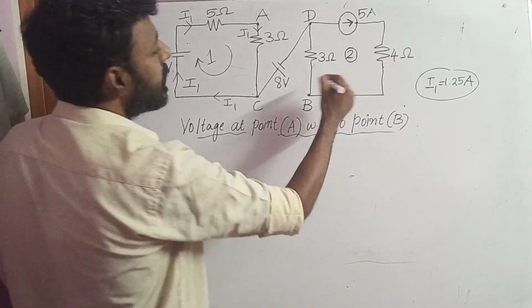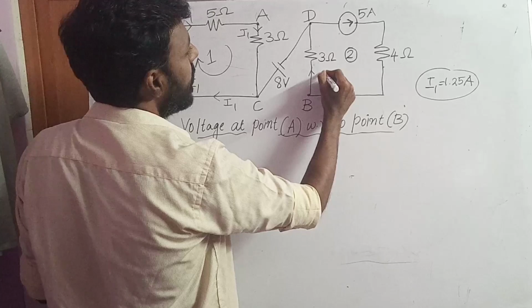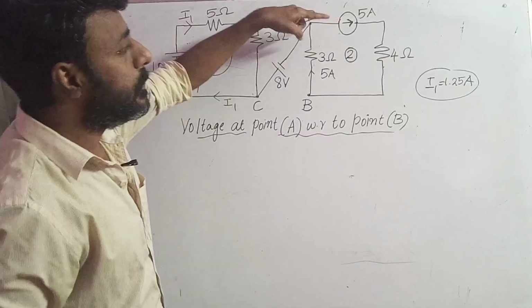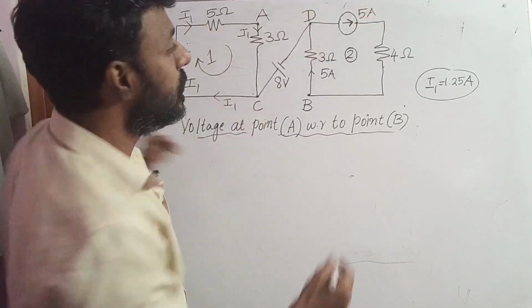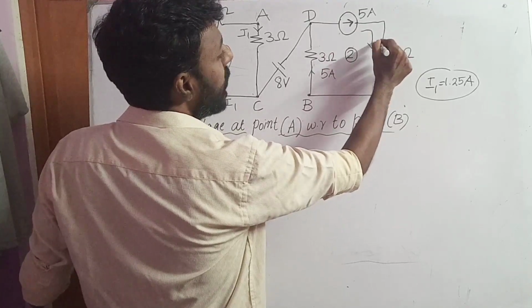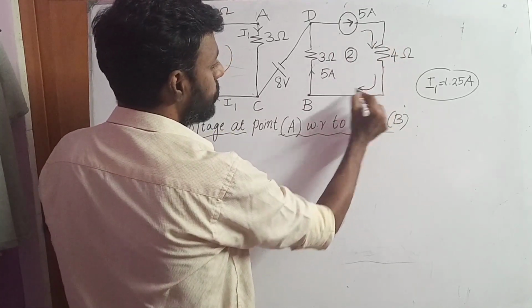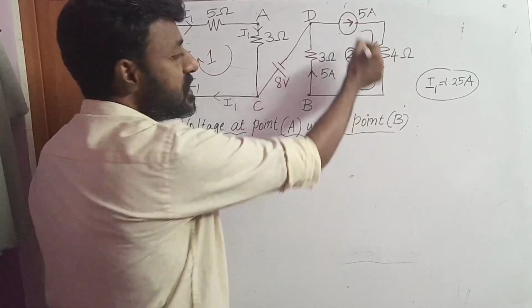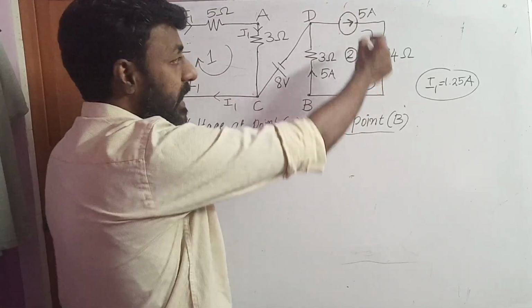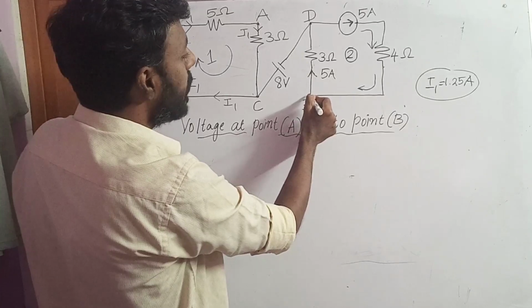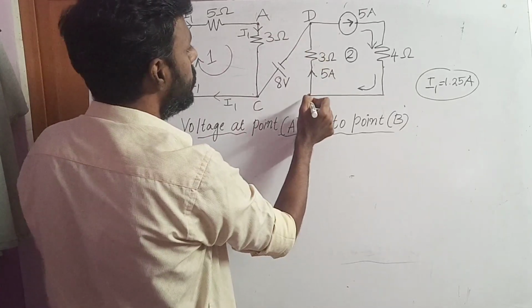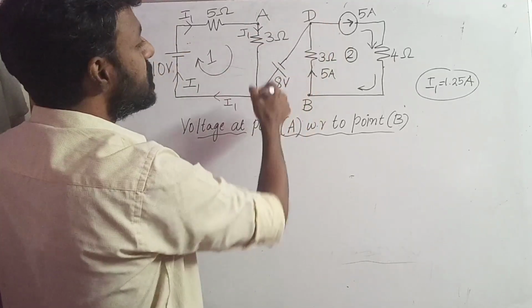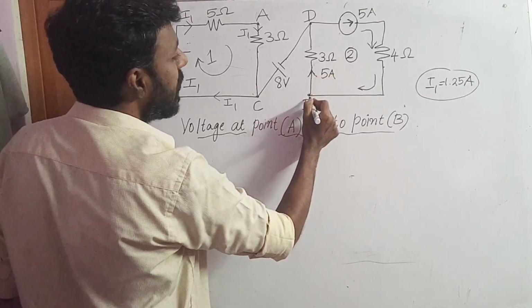So for that, the current that is flowing here will be 5 ampere. Since the direction of the arrow is in this direction, the current will flow in the clockwise direction. So I am taking this direction as the direction of current in loop 2, that is 5 ampere, flowing clockwise. So I am going to calculate from B to A through BD, DC and CA. So now using the voltage law, when I travel from B to D,